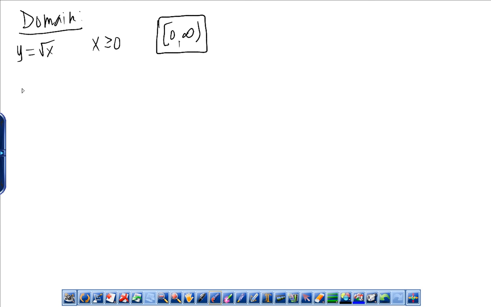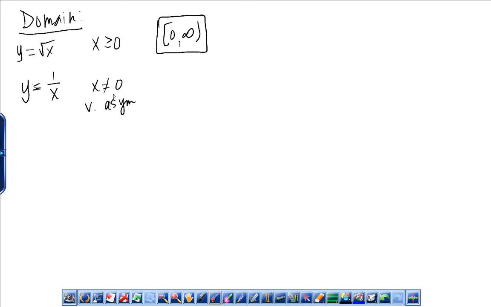If I give you the problem, if you have a fraction, anytime you have a fraction, remember, you can't have a 0 on the bottom. So what I do is I set them equal to 0. Remember, these are asymptotes, so they cannot equal 0. These are vertical asymptotes. So if you just set them and say they're not equal to 0, then your answer is going to be everything else,